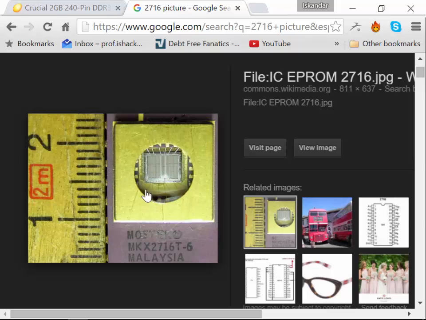But what you see there is there's a little window here, and this is the actual IC. And I actually like this picture because you can see these are the wires that go to the pins on the IC. This is the actual chip, and these are the wires that go to the pins, and they're bonded to the IC there. The reason you have the window on this is you put it underneath an ultraviolet light to erase it. You put it underneath the eraser for like 20 minutes or so, and then you can take it out and put it back into the programmer and reprogram it. And then if your code's not right, you take it out and reprogram it again.